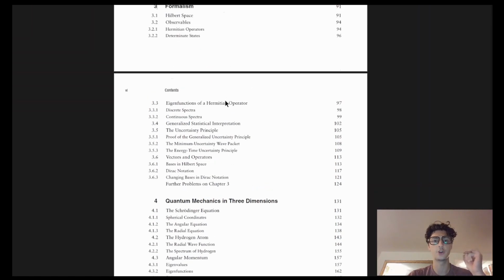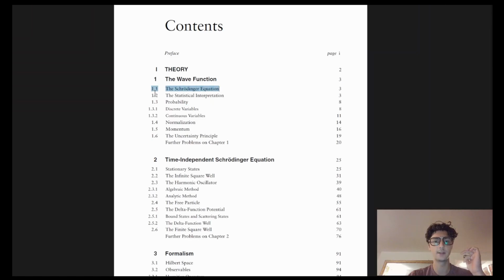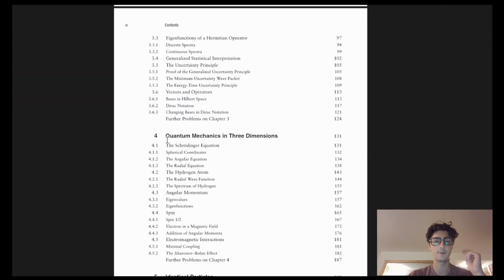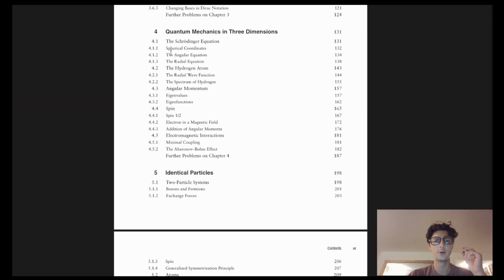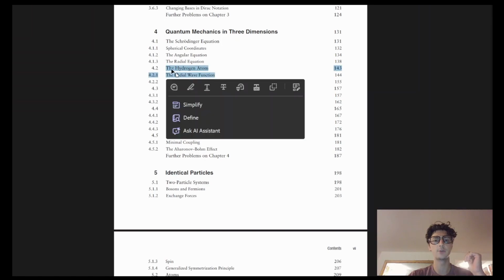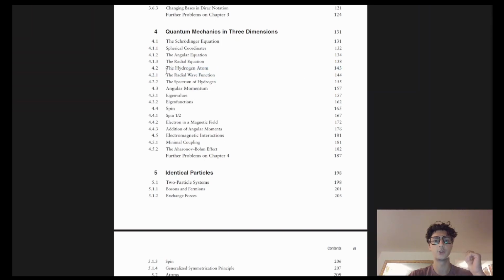We got the Schrödinger equation again. Travel back to this section, but I guess you slam it from the 3rd dimension here because it's quantum mechanics in 3 dimensions. We got spherical coordinates, the angular equation, the radial equation, and the hydrogen atom. So this entire chapter, I think, is focusing on the quantum mechanics of just the hydrogen atom. So you solve the Schrödinger equation for the hydrogen atom and a bunch of cool stuff pops out and you